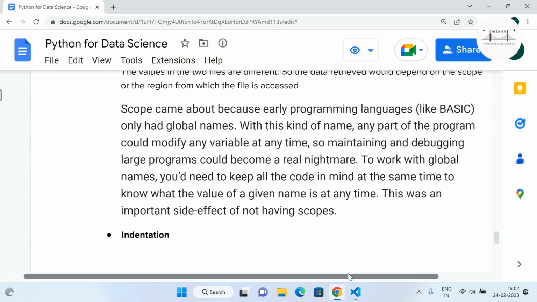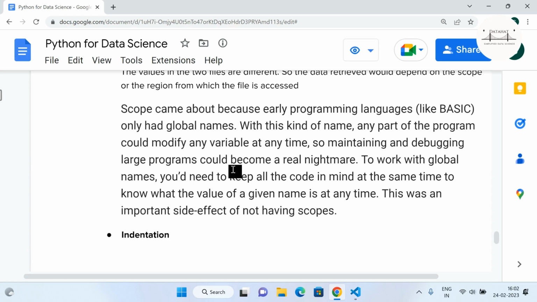What do we mean by global names? Global names means a variable which is defined once and used across the entire program. That same variable is used entirely across the program. So basically whatever value you are defining at the top, the reference to that variable is being used repeatedly. With this kind of name, any part of the program could modify any variable at any time. This is right because the same variable is being referenced again and again throughout the entire program.